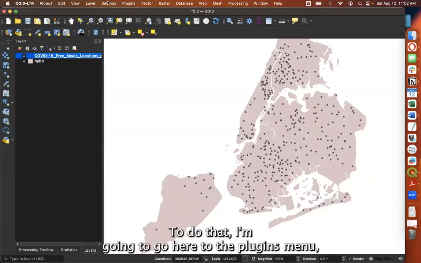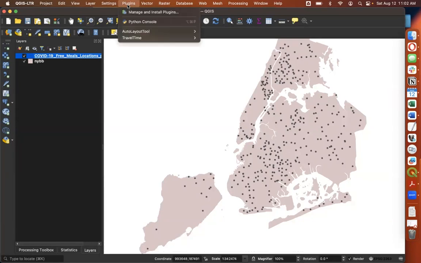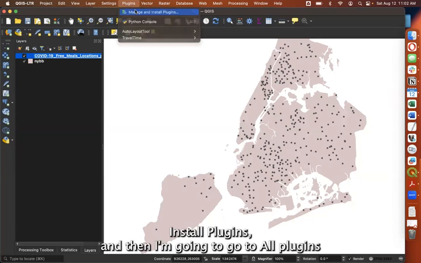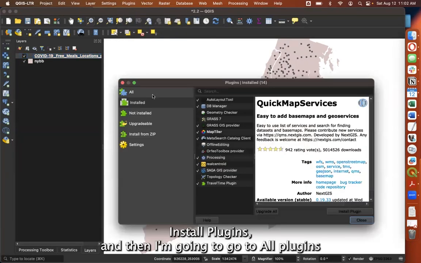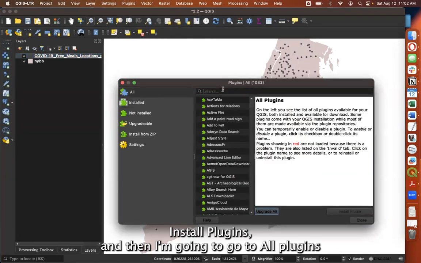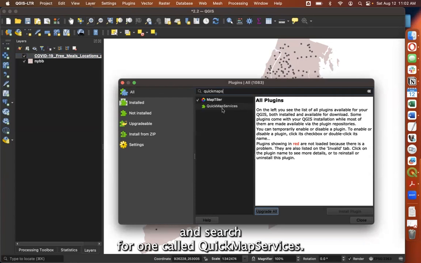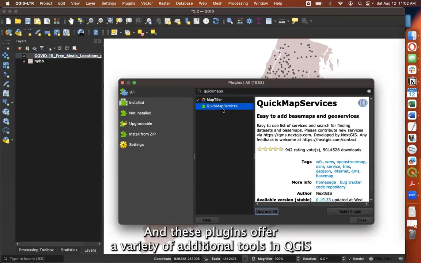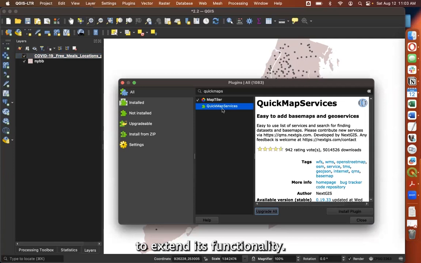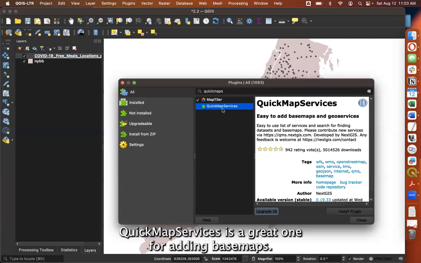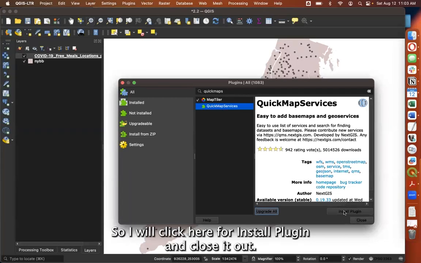To do that, I'm going to go here to the plugins menu, manage and install plugins. And then I'm going to go to all plugins and search for one called Quick Map Services. These plugins offer a variety of additional tools in QGIS to expand its functionality. Quick Map Services is a great one for adding base maps. So I will click here for install plugin